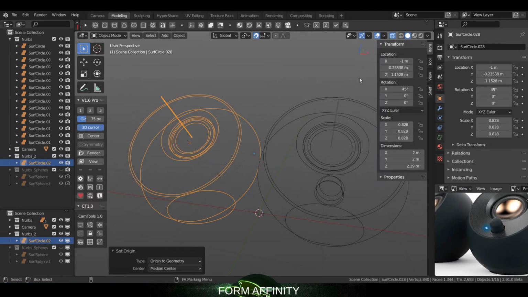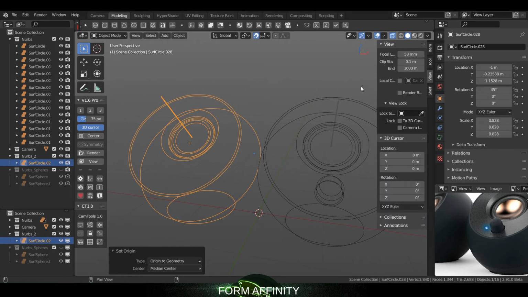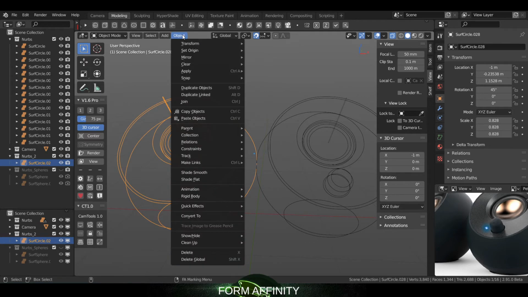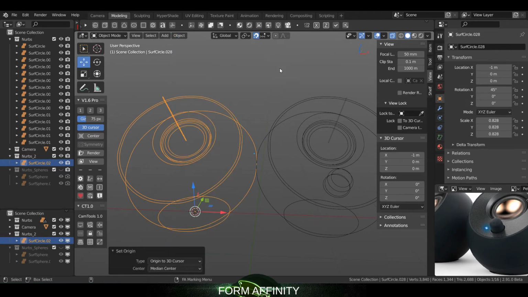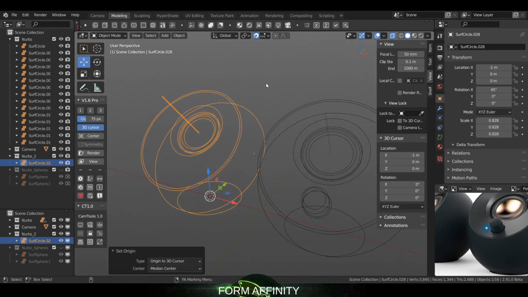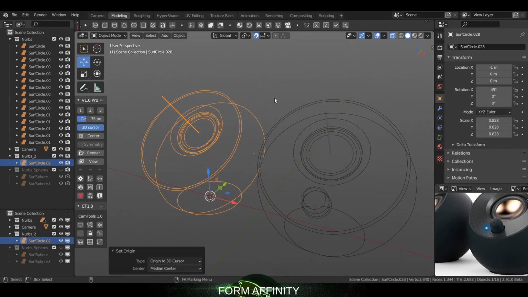I'm going to open up the N panel and go to View, and I'm just going to move that over 1, basically right to there. I think that should be the X, so -1. And now I can select this object and go to Set Origin to 3D Cursor. You can see when I bring up the Move tool, now it's set there. I'm going to hide this panel and go to Rotate,